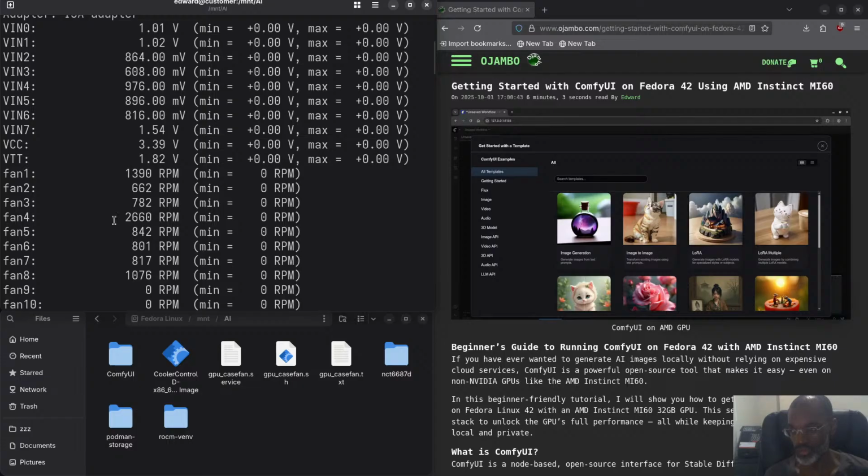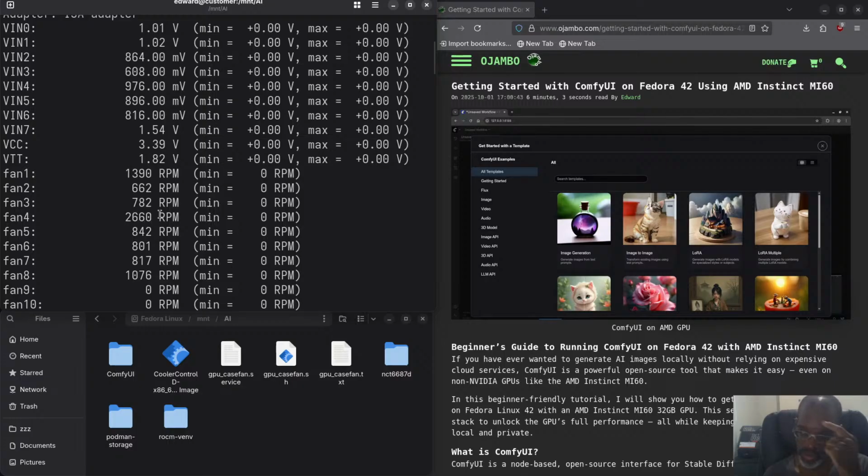How do I know it's fan 4? Because you see its RPM is 2660. As I said, it's just above 2500. So this is the one we're going to target. You see even fan 1, that's the one for the CPU, but that one, when it's on high load, might maybe just scrape up to 2000 or so. I've seen this one go up to as high as 1800 RPM, but this one just on idle is about